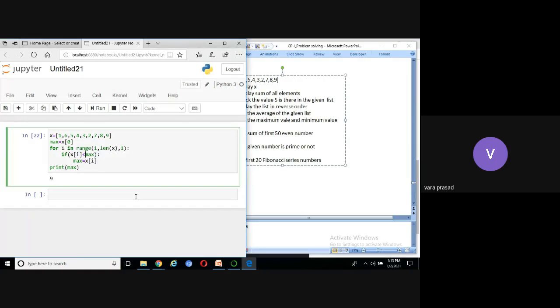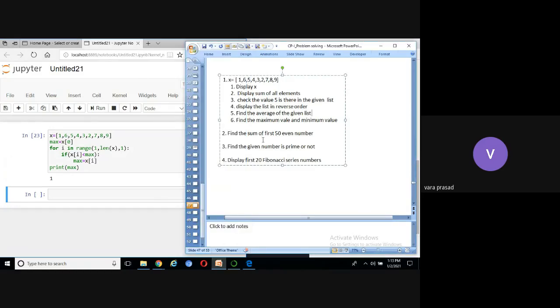Max you can write. That is also correct. Okay. I will run the code. You can see the output. Is it displaying the correct answer? Yes, sir. Like that, you need to improve the programming logic.